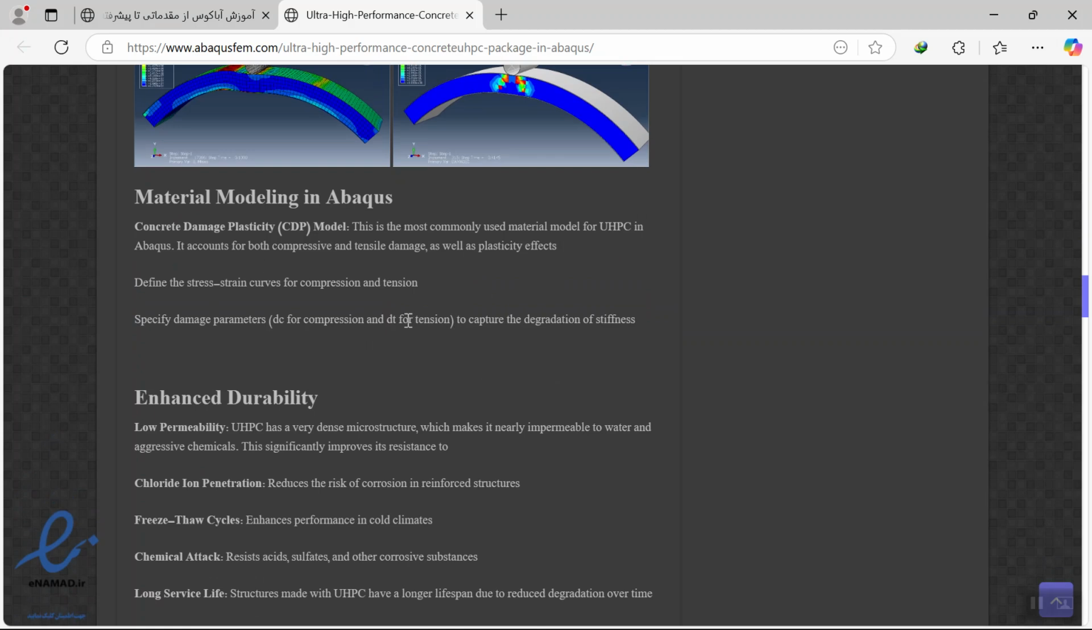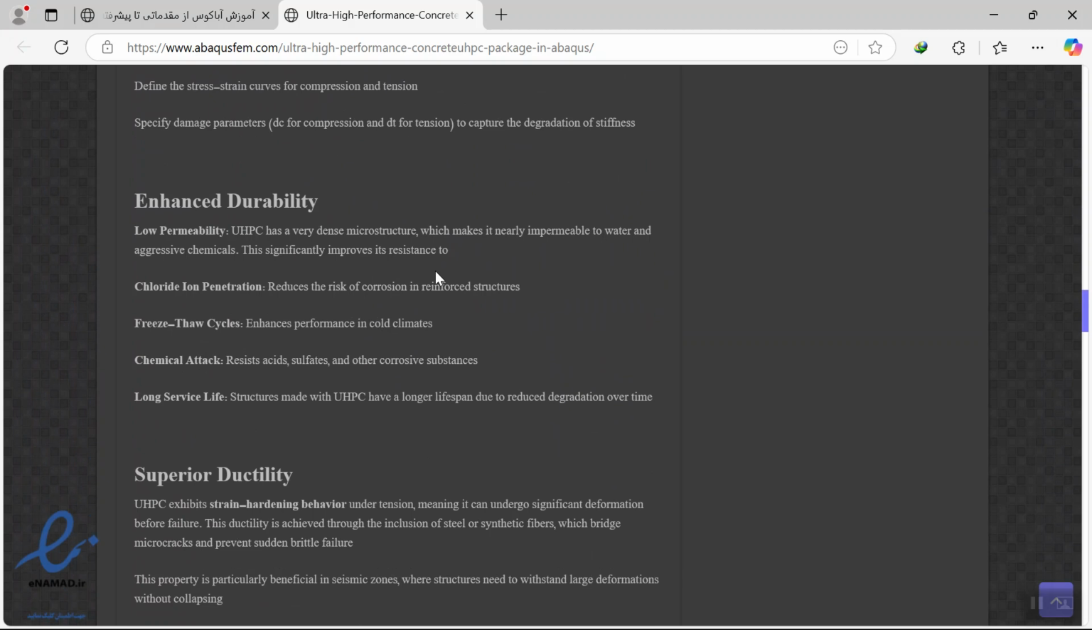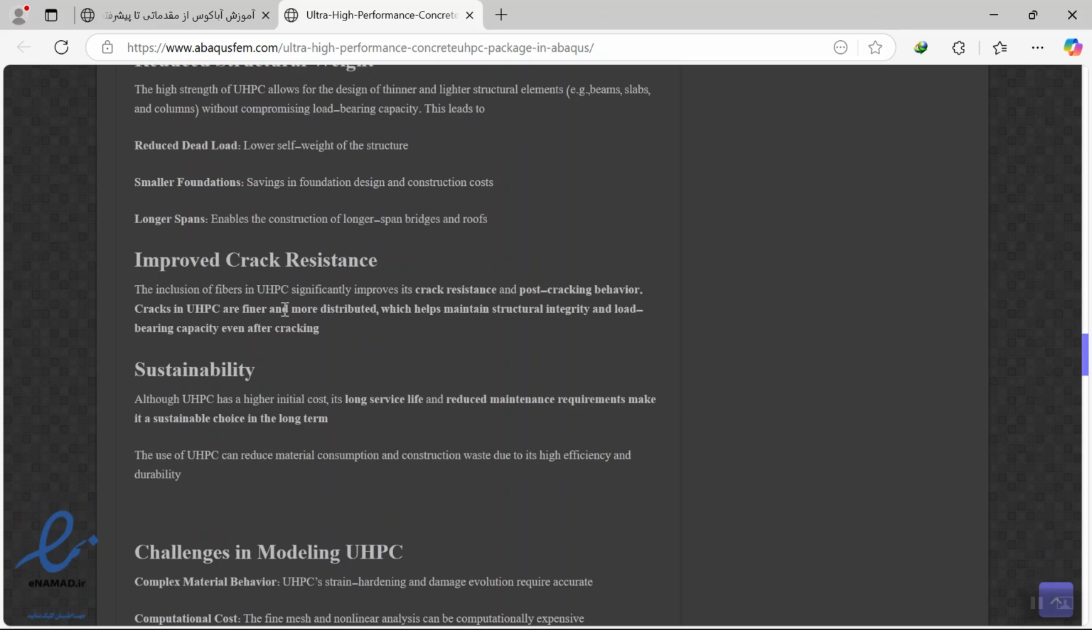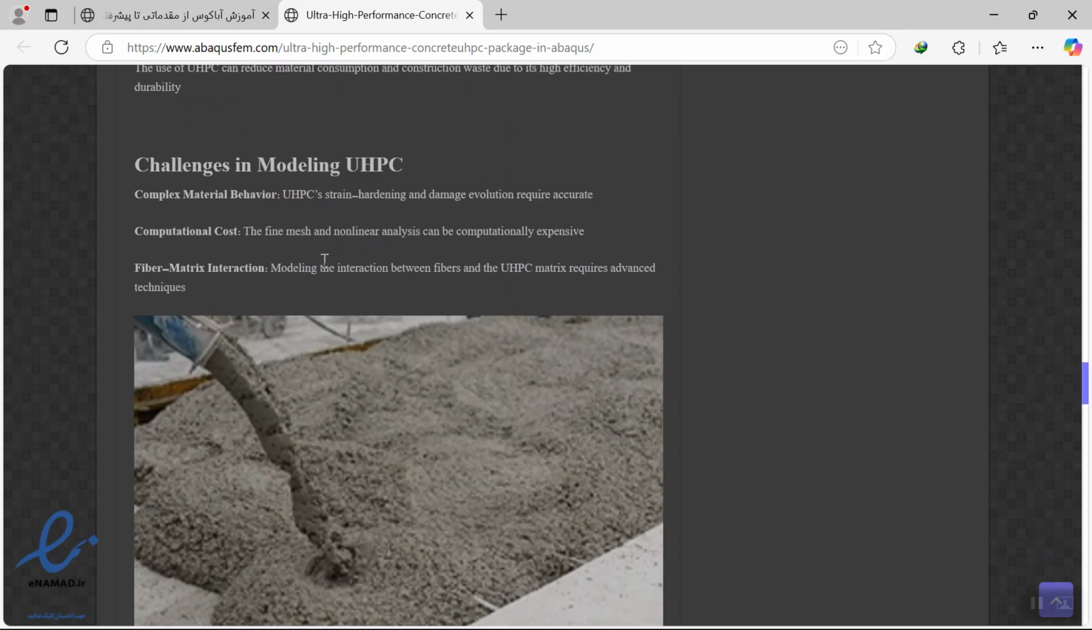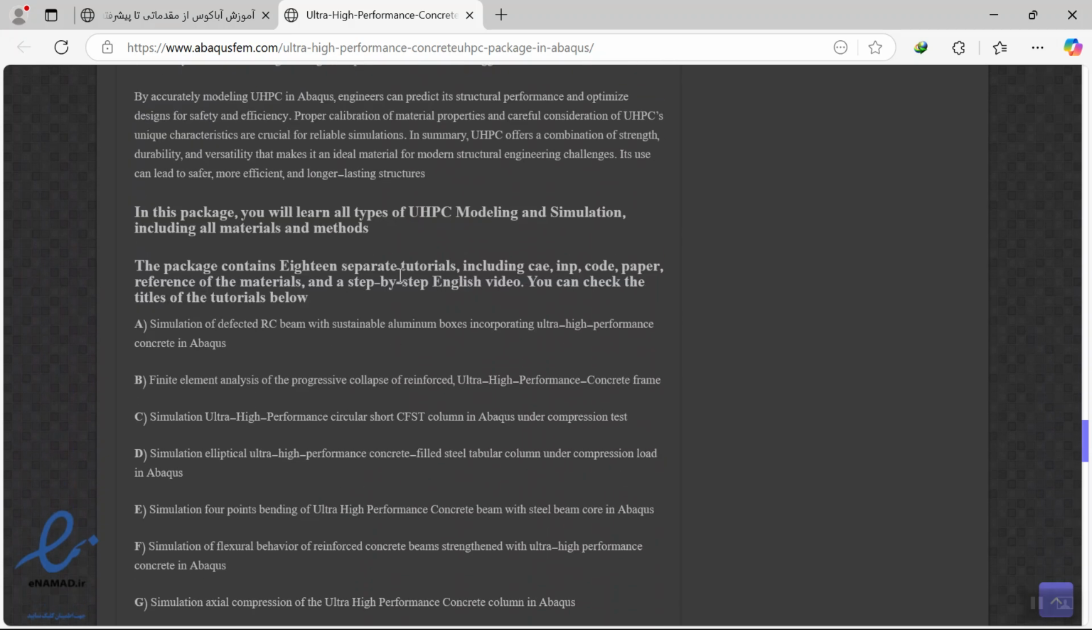Here we have material modeling, and then the benefits of the ultra high performance concrete in the structure, and then challenges in modeling the ultra high performance concrete, and at the end the applications. Then here this package contains